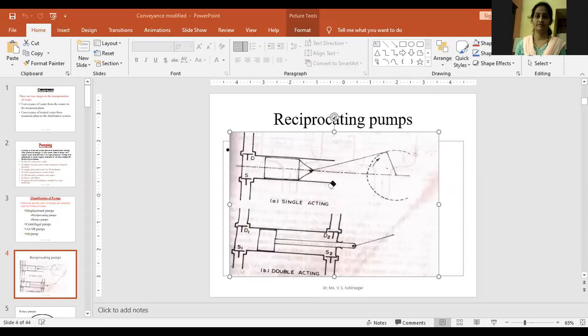So this is the single acting pump, and the other is the double acting pump. In the double acting pump, what happens? When the piston moves in the forward direction and the backward direction, two-way collection and two-way displacement are provided. So here you can see the pump. A second, let me take the pen so I will be able to explain properly. Here you can see S1 is provided and S2 is provided.